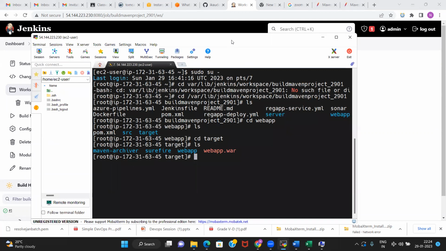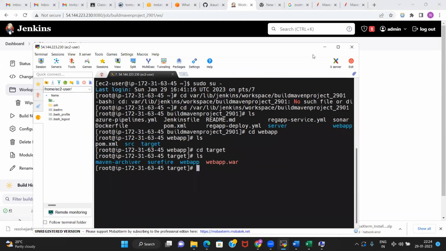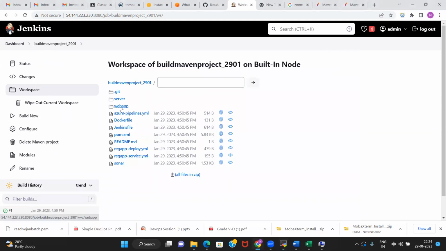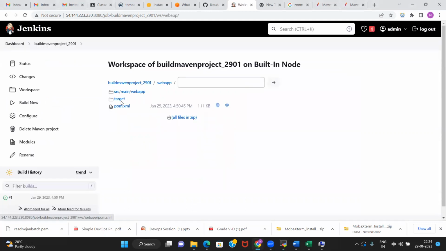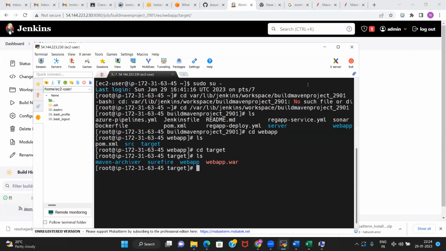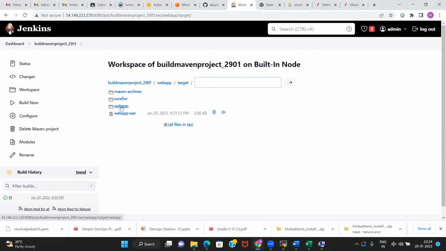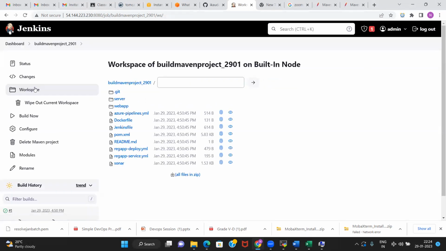All these folders that are in the workspace, Azure pipeline, Docker file, all these things will be there as part of this workspace, and within that, web app. So you will be able to see it from here as well. You can see it directly in the server, or whatever is there in this workspace folder location, and you can browse through it from here as well. So what we have done, we have created a build, and we have created a webapp.war file.